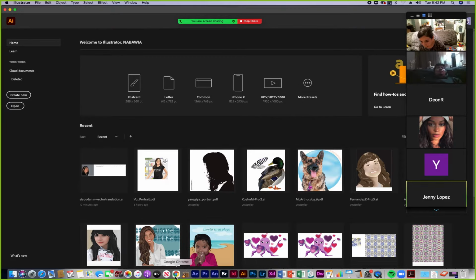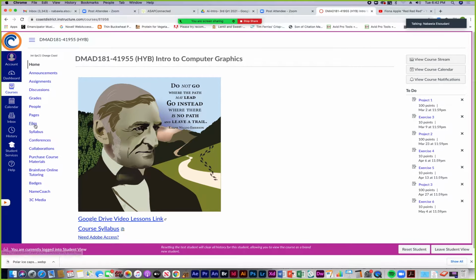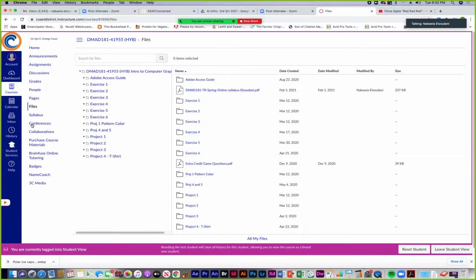So we are going to talk about color this week. Okay, so let's go. I'd like you to go into Files and make sure you have the folder called Proj 1 Pattern Color, because this is the week that we look at coloring. You should already have the folder called Project 1, but there's another folder called Proj 1 Pattern Color. You can just go over to the column on the far right, hover over it, click the little dot and click download, and it'll download everything you need.